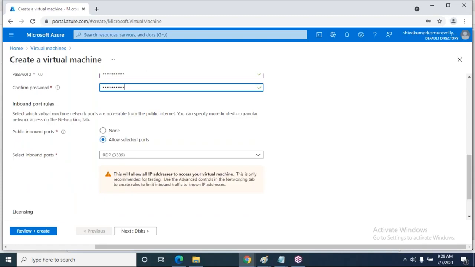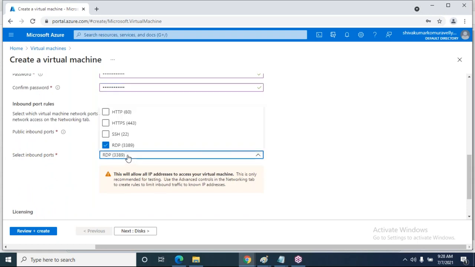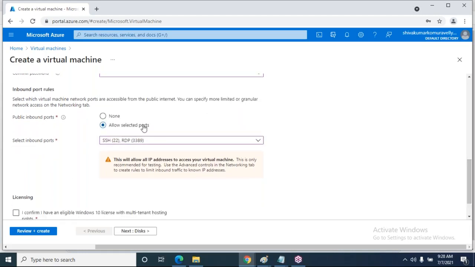Coming to the ports, RDP is opened automatically. Apart from RDP, I am also opening SSH, which is for connecting to a virtual machine from your laptop. The RDP protocol is for connecting from your Windows.